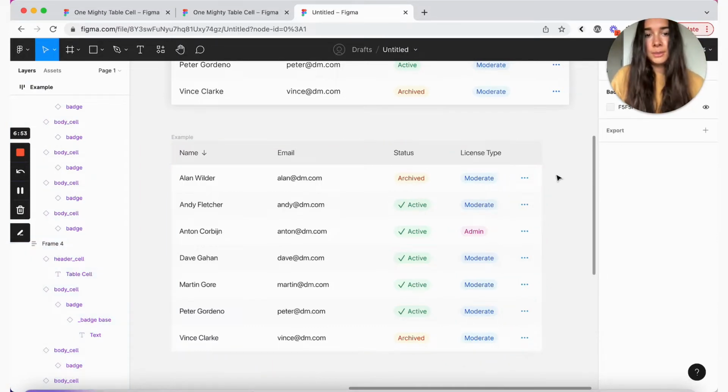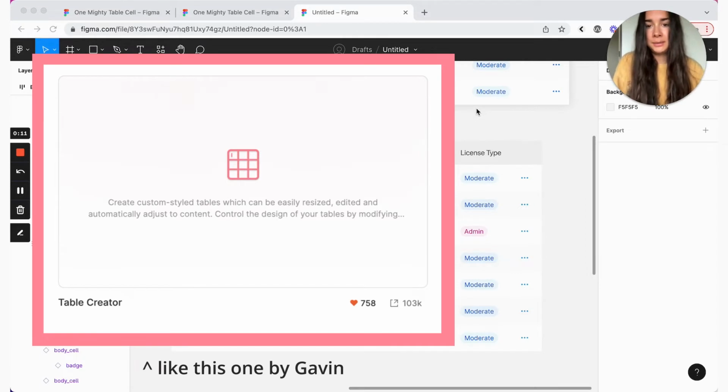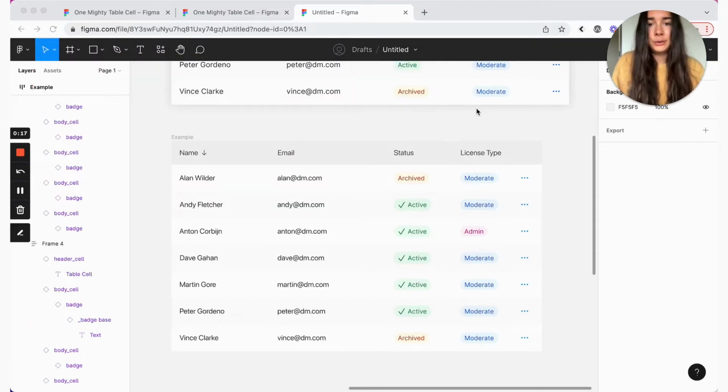And so that's about it for recreating a table, and all components seem to be working, and it's pretty quick and easy. If you want, you can take this one step further, and you can create a row component, column component, table component. There are also a few plugins you can use that are aimed at speeding up your table creation process. So that's about it for the table cell tutorial.